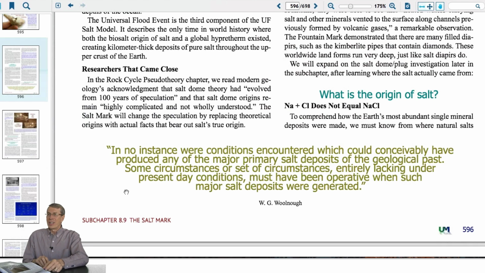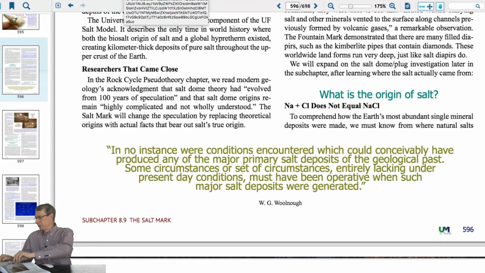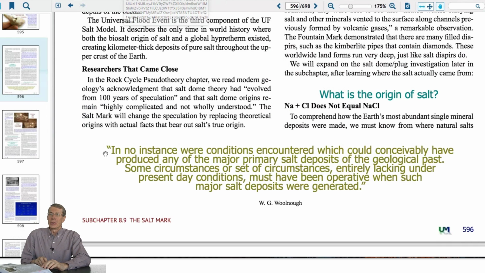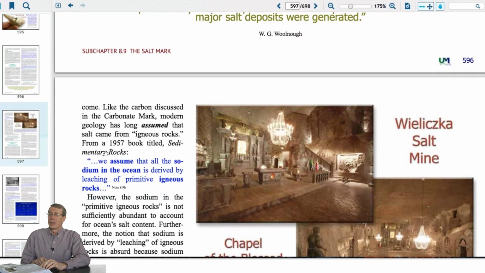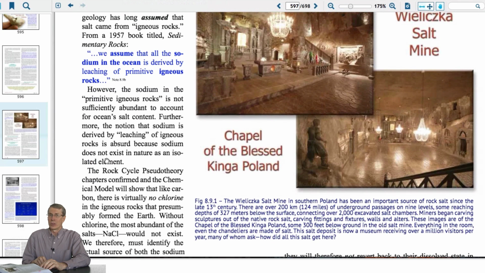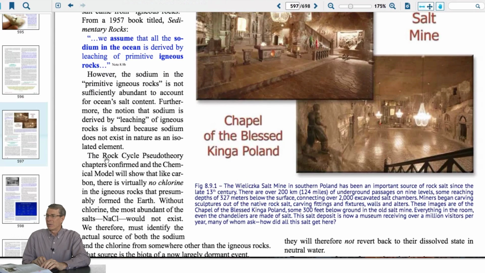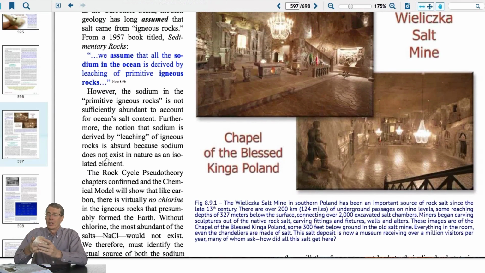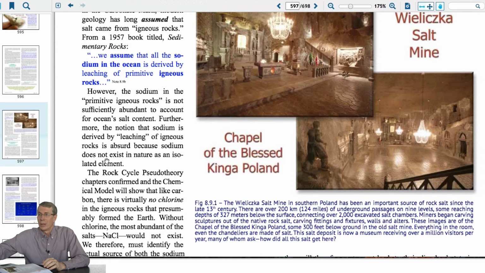Well, to understand that, let's go to the next page. So we're going to go down here and look at a salt mine in Poland. Beautiful. They carved all the inside out there. It's really pretty. Matter of fact, I have a piece of salt here from Russia. This is a Russian salt mine. And some of the salt that we find, that one had a little pinkish color in it. We're going to talk about that in just a second,